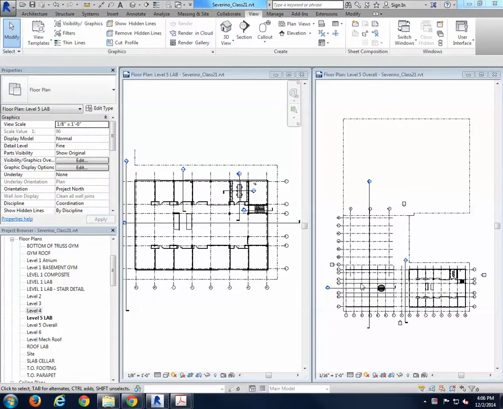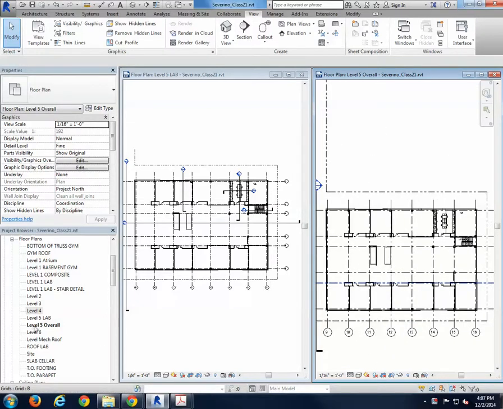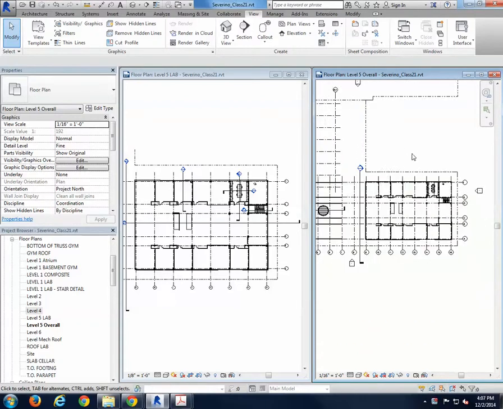To make a reference callout, we have a 1/8 scale floor plan, in this case of the lab, and a 1/16 of the overall project. As you can see, it's the same floor plan. I used level 5, but you might be using a different level in your